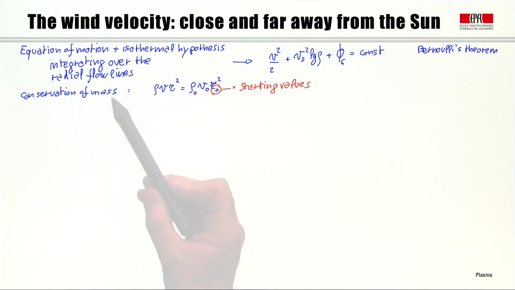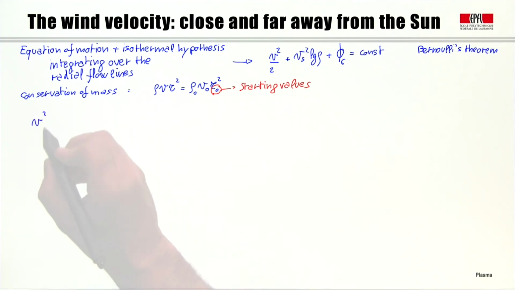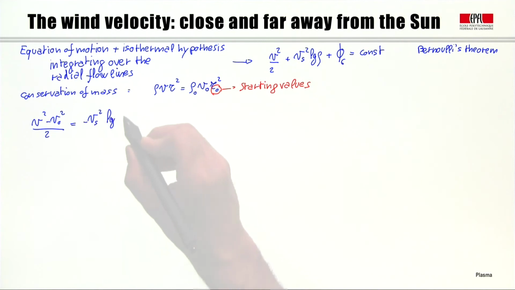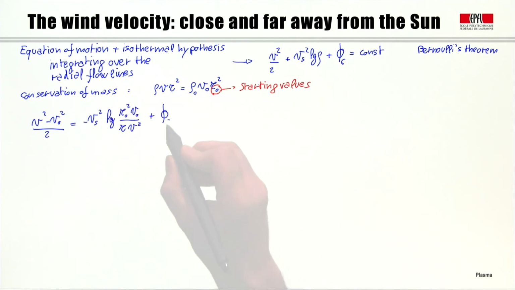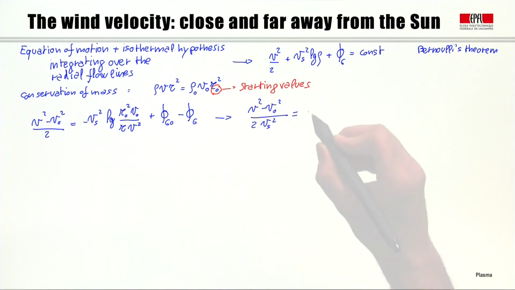If we now use the conservation of mass and we plug it into this equation and we integrate between the starting point and a radius r, we obtain the following. Where phi g naught is the gravitational energy at the starting point and phi g is the gravitational energy at the position r. Dividing by the sound speed, we have